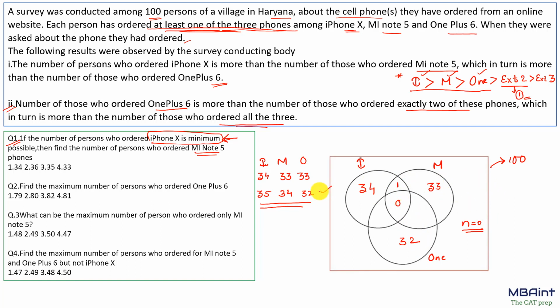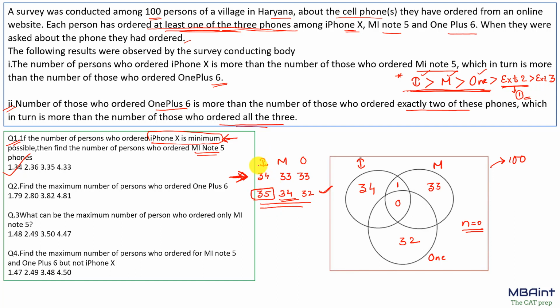So this is definitely possible. Now in this case, the minimum possible value was 35 for iPhone and then the value of MI is 34, right? Now please don't get confused with our rough calculation. This has to be there, but this calculation of making almost all of them equal, we were not able to satisfy this condition.